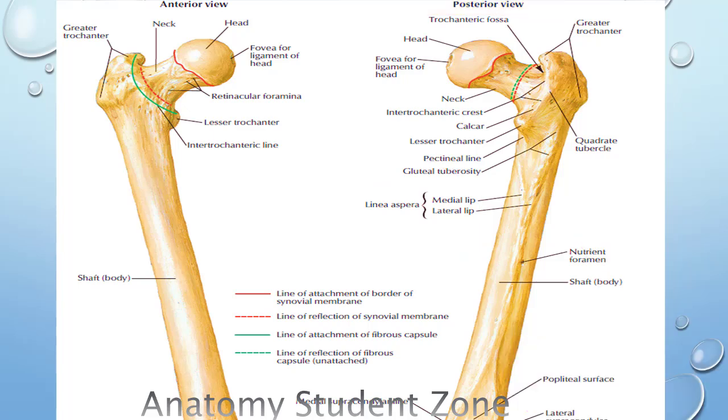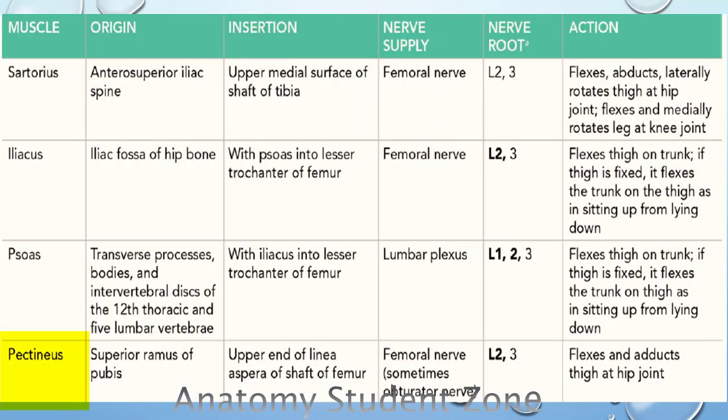Now after covering all the details of the pectineus muscle, I will summarize this muscle in a table like we have done previously. As covered earlier, it arises from the pubic bone, from the superior ramus, and it attaches on the posterior aspect of the shaft of the femur, at the point which is the linea aspera. Being a transitional muscle, it has nerve supply by the femoral and also by the obturator nerve. I already told you it performs a dual muscle action as well.